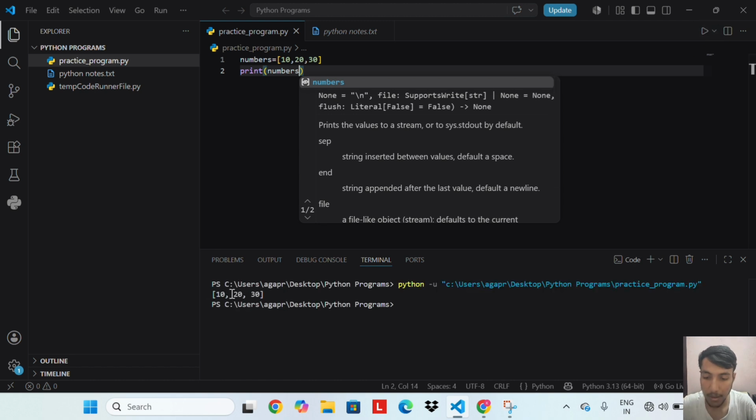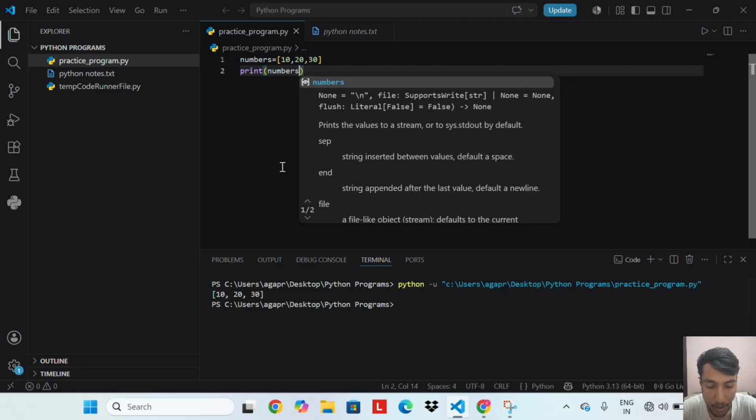We get the list 10, 20, 30 in square brackets. A list stores multiple values in a single variable. Values are written inside square brackets separated by commas. Numbers stores three integers.